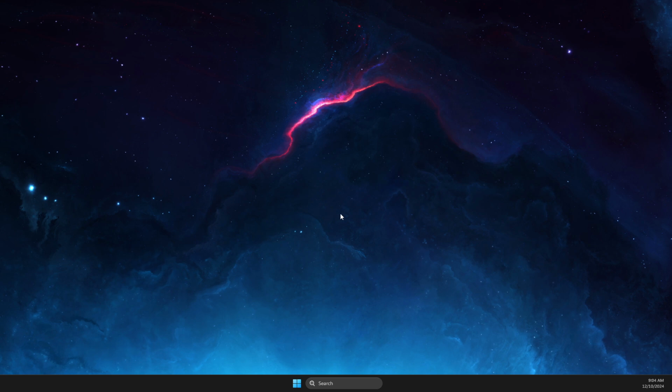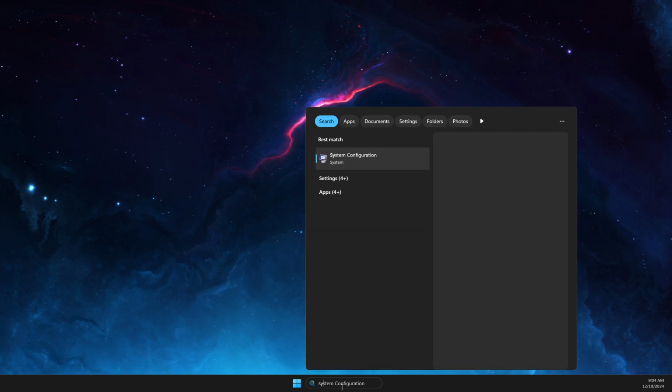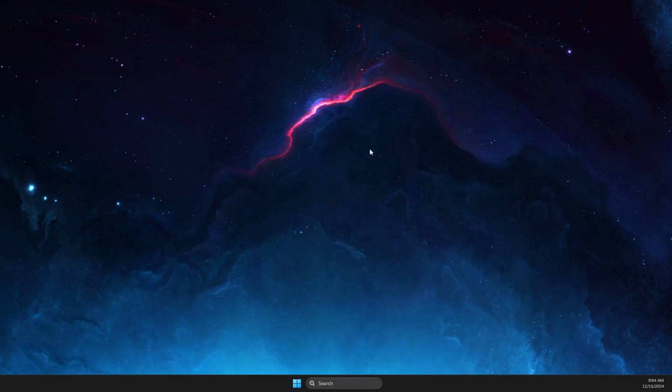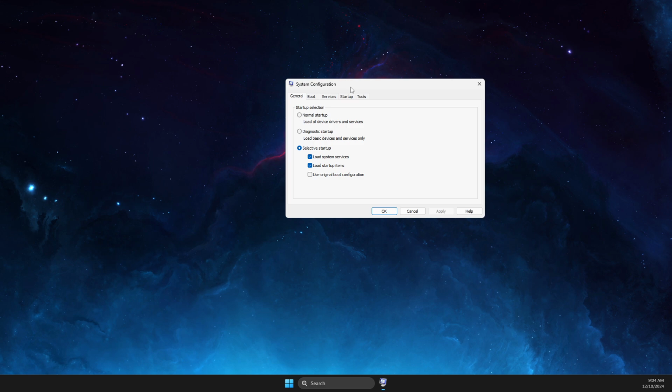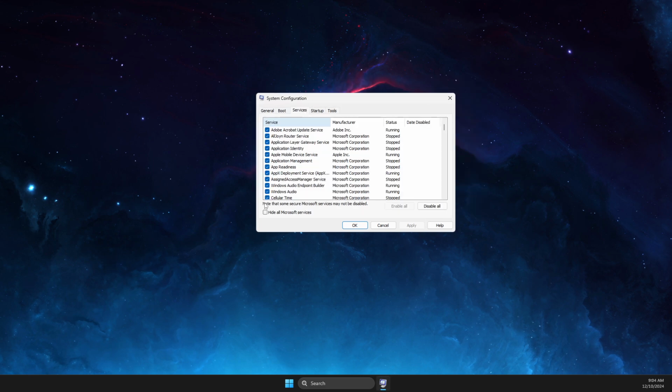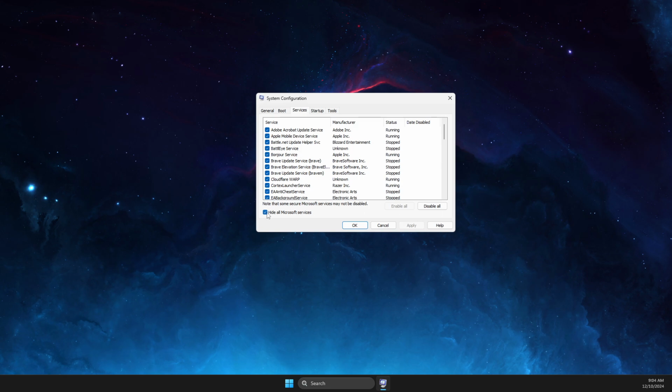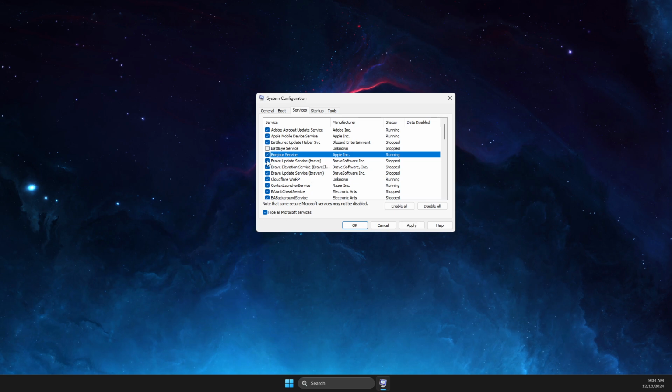Then what you need to do here is to go to system configuration, then you need to go to services, then select hide all Microsoft services, and then just disable services that you don't use. Don't disable all, because it can break your computer or break your, I don't know, internet. So what you need to do here is to just disable all the apps that you don't use anymore or you rarely use. So for example, these,